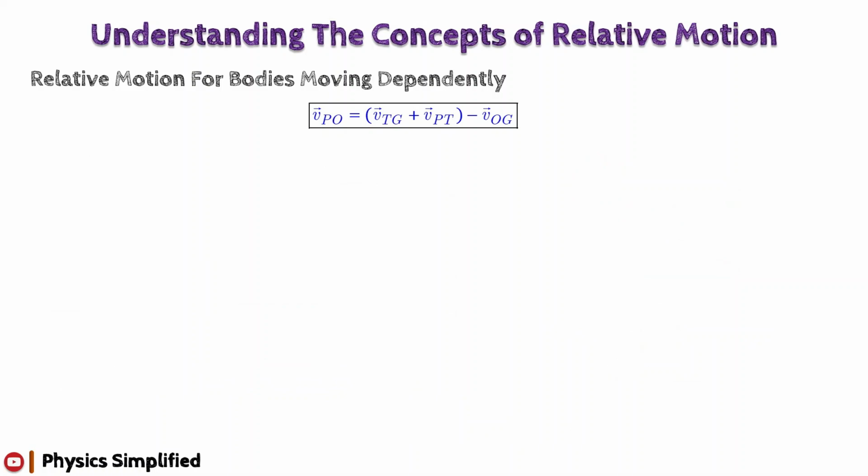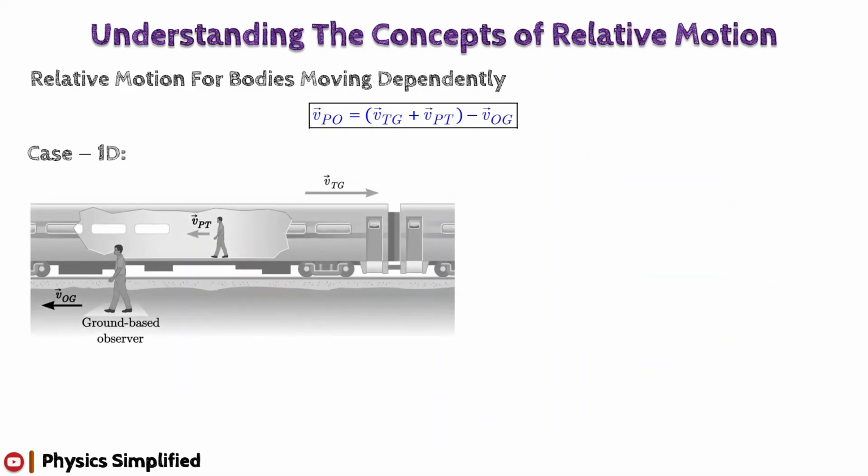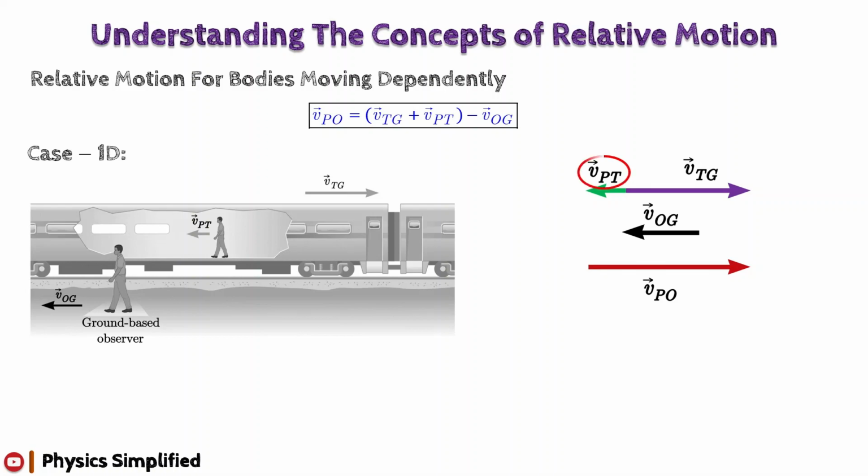The situation of the final subcase is shown in the figure. As shown in the figure, both the observer on the ground and the passenger inside the train are moving opposite to the direction of motion of the train. By considering the direction of motion of the train again as positive, from the corresponding velocity vector diagram we find